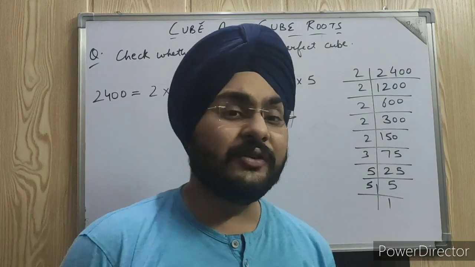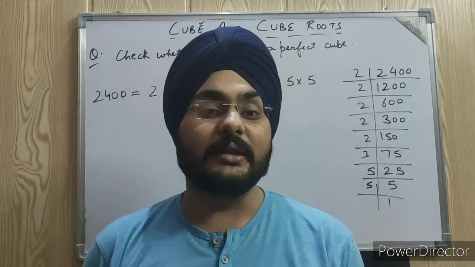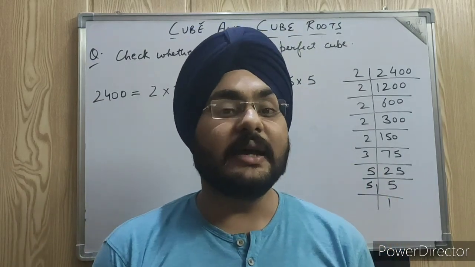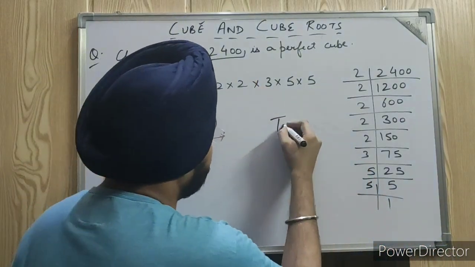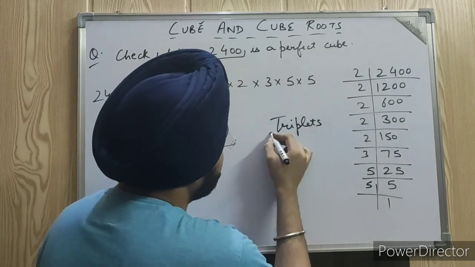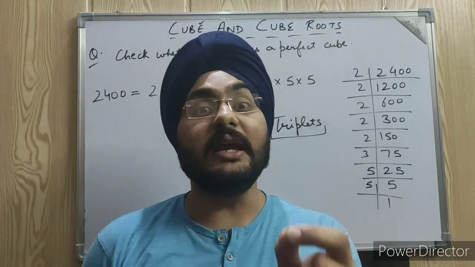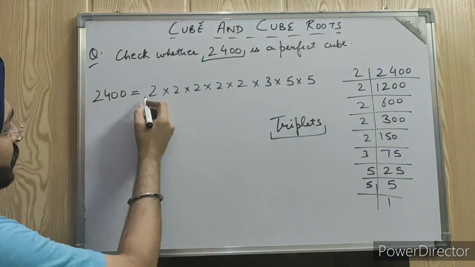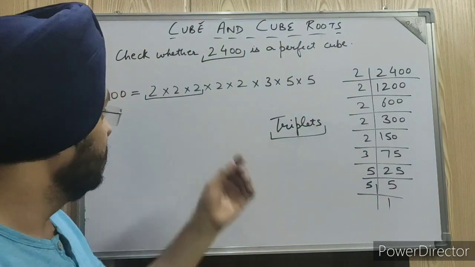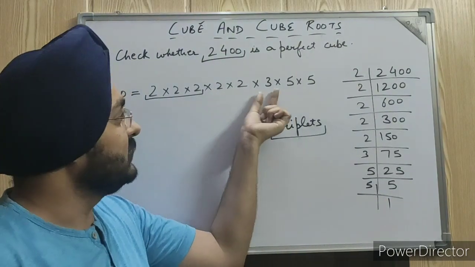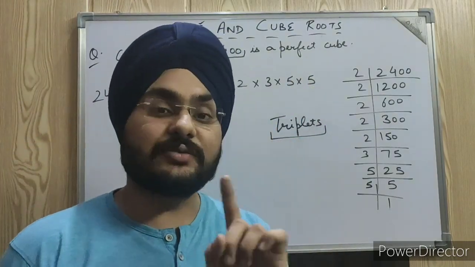Now what we are doing in square and square roots to find whether it is a perfect square or not? At that time we are making the pairs. Yes or no? Now we have to make the triplets. Triplets mean the group of 3 equal numbers. Where do we have that? 2. Check, is any other triplet there? 2 is coming twice, it's not coming thrice. 3 is coming one time only, 5 is coming 2 times. No more triplet is there. So we are having just one triplet.